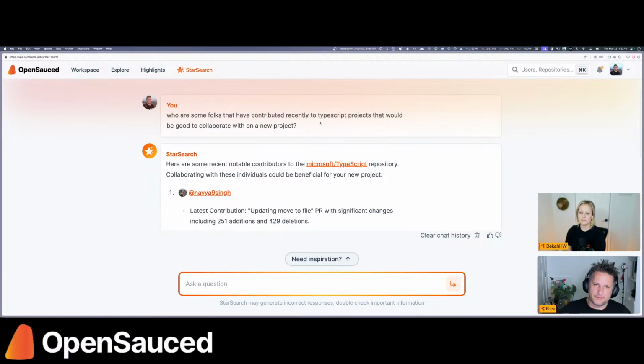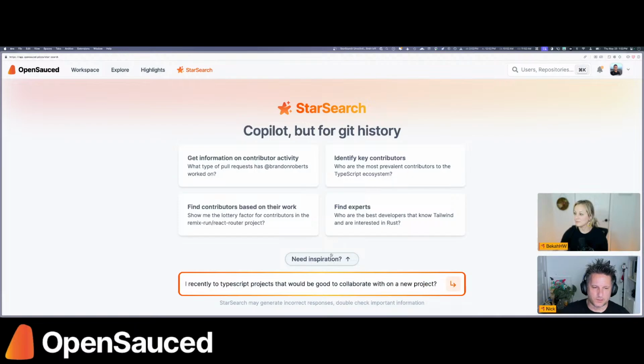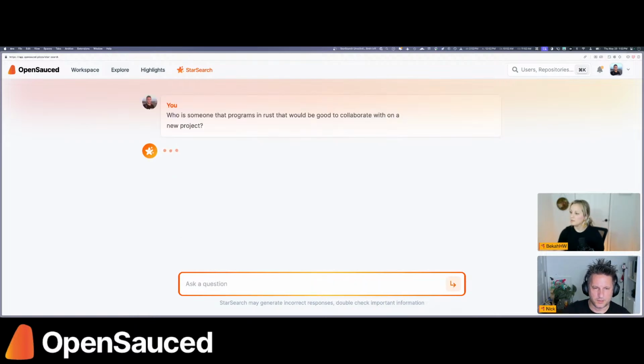But maybe if I don't know, I'm trying to think how I could make this a bit better as a question. Let's see here. Who is someone that programs in Rust that would be good to collaborate with on a new project? I don't know if it's going to start giving me Rust core maintainers or